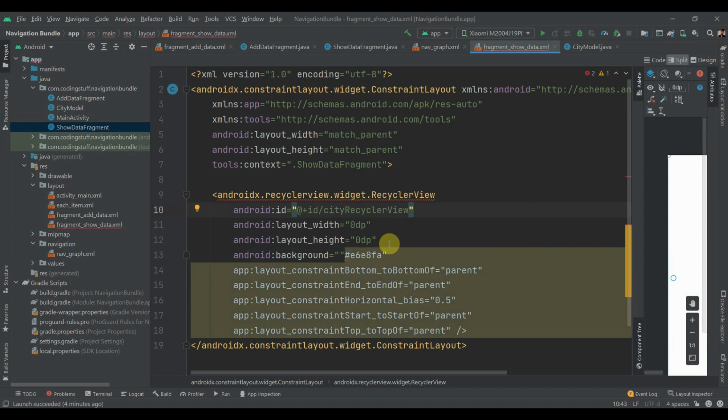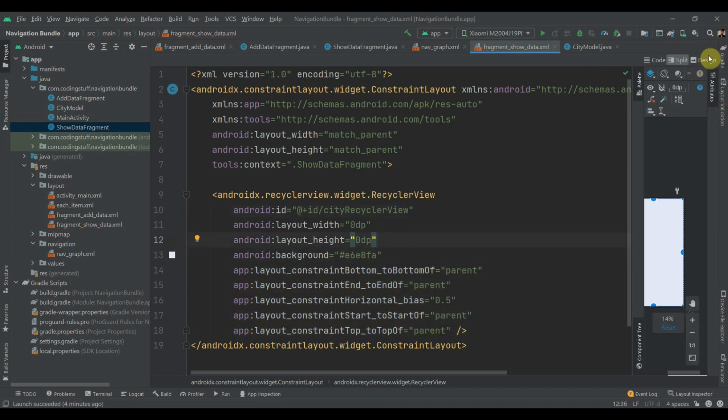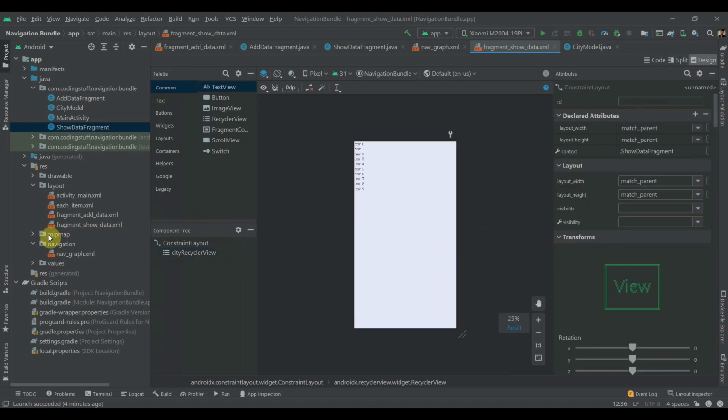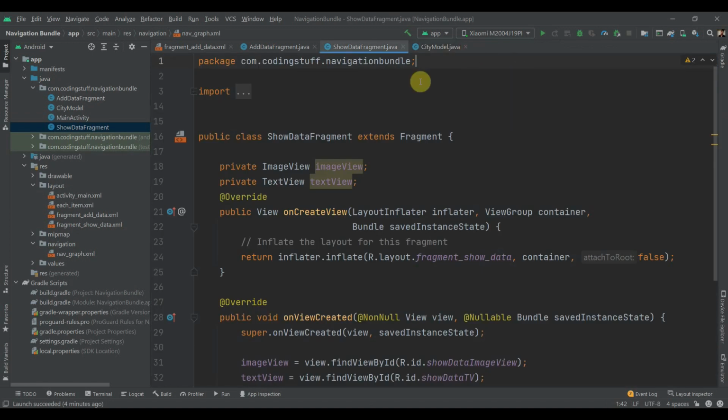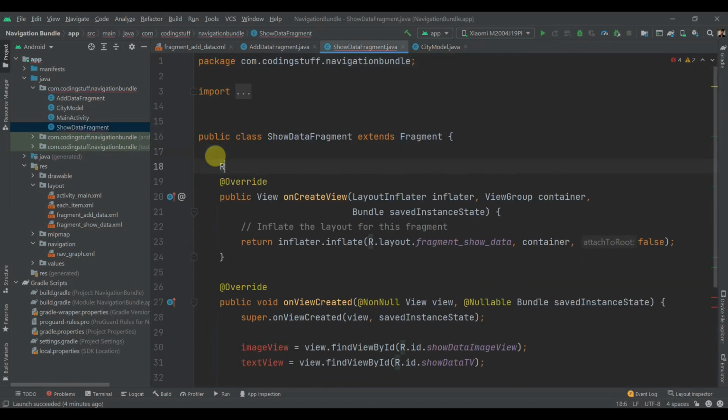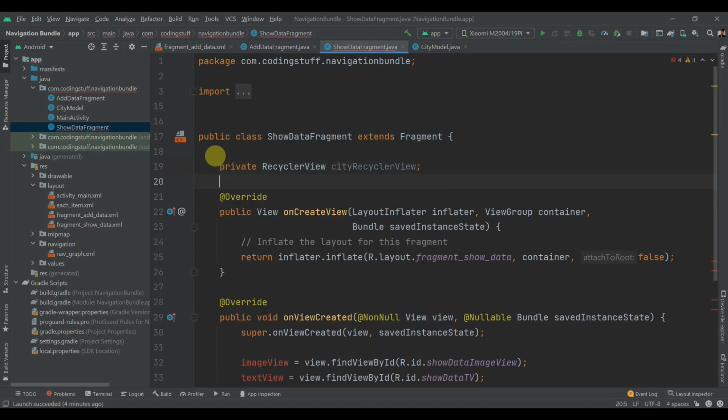And to our recycler view, we'll add one background color, which is a light white. So yeah, then I'll just close this for a moment. We'll delete this. We have the recycler view now. So private recycler view city recycler view.